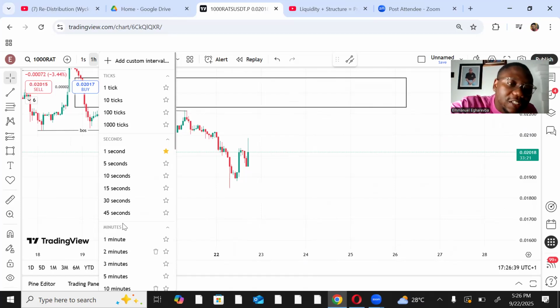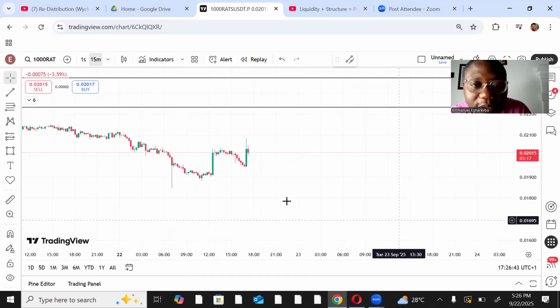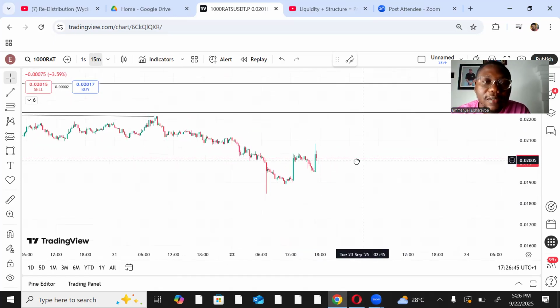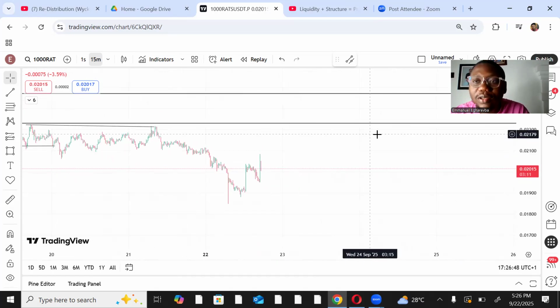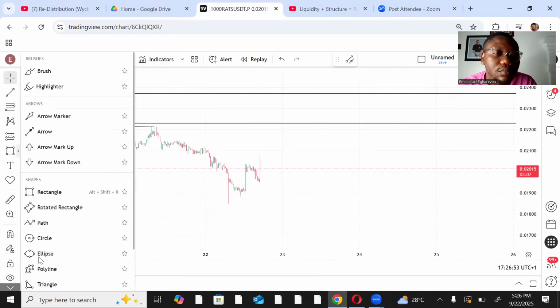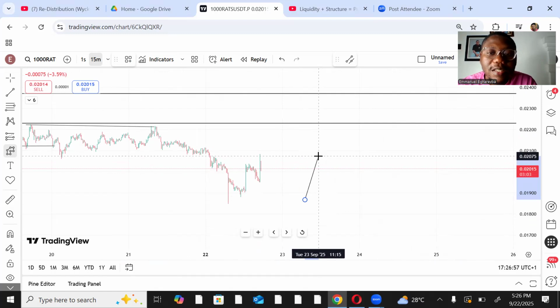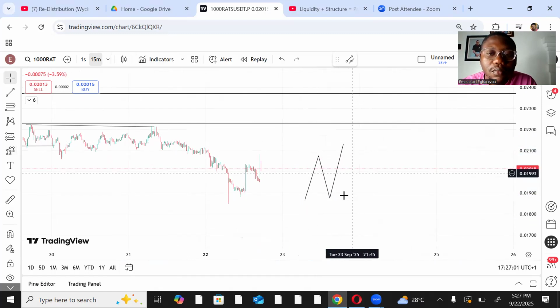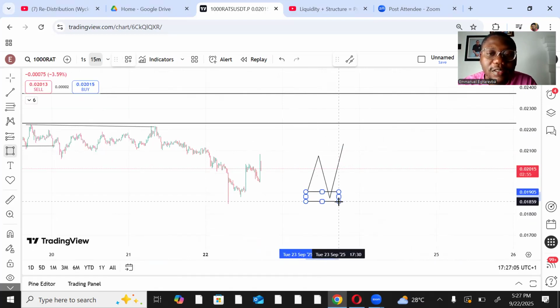I will simply just explain, put it on 15 minutes. I'll simply just explain what liquidity is for those of you who do not understand liquidity and how it is being engineered into the market. Now, first things first, when you see a price action like this, and price simply just respects this zone,